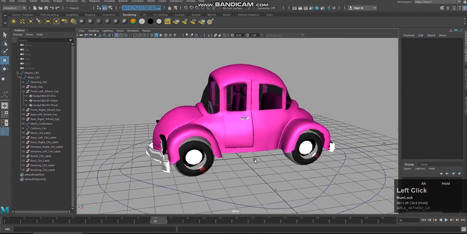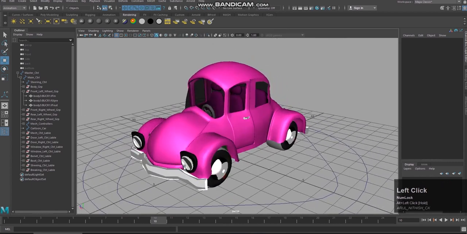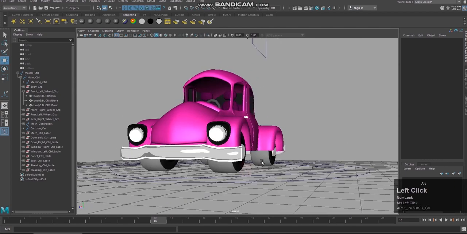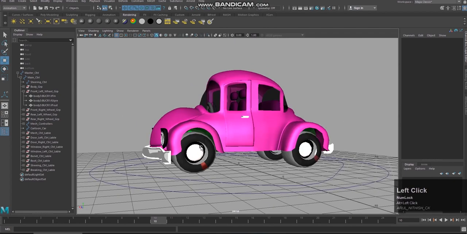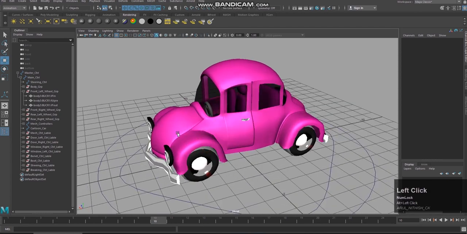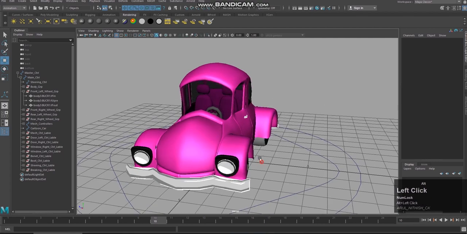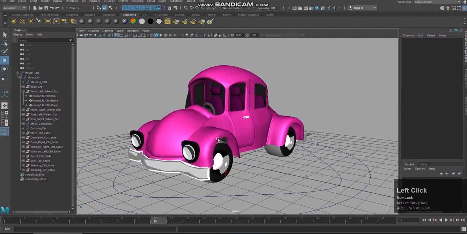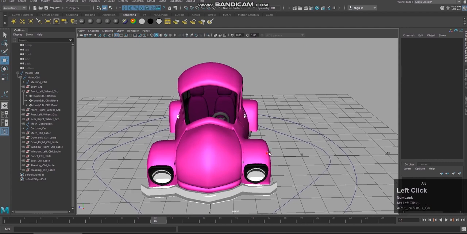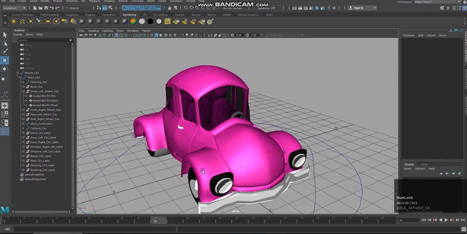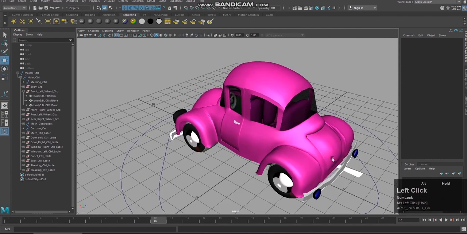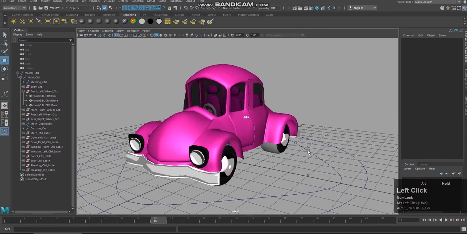For that, just imagine I need to create a controller setup for this area, only this area, not only for the tires. So that I can miss this area as well as this area. Actually I need to create it for this one half, almost this area. I will first perform this, then you can follow the same thing and do it for the other legs, I mean other wheels of the car.